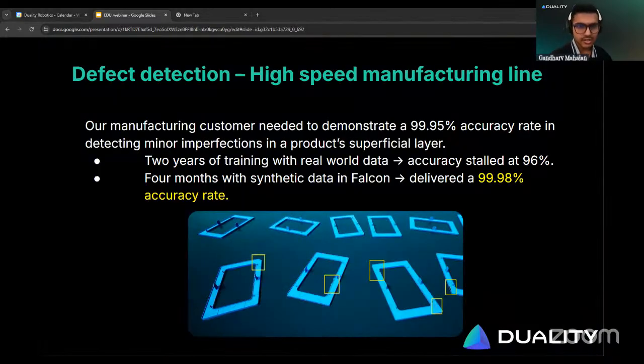So let's talk about some of the customer use cases we have solved in the past. First one being defect detection on high-speed manufacturing lines. Our manufacturing customer needed to demonstrate a 99.95% accuracy rate in detecting minor imperfections. After 2 years of training with real-world data, accuracy stalled at 96%. But with 4 months of synthetic data training through Falcon, we could deliver an accuracy of 99.98%, which is a pretty